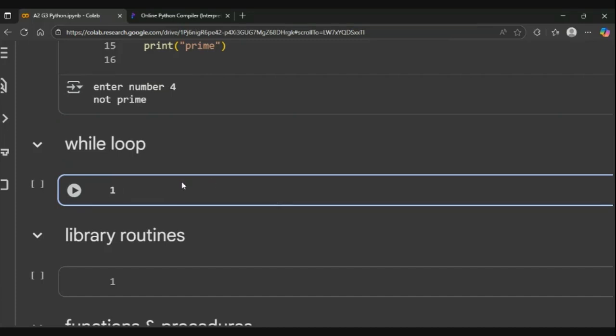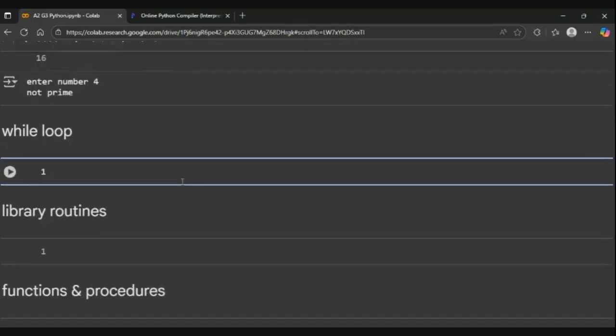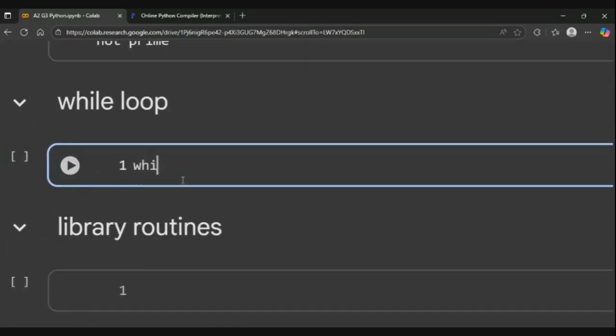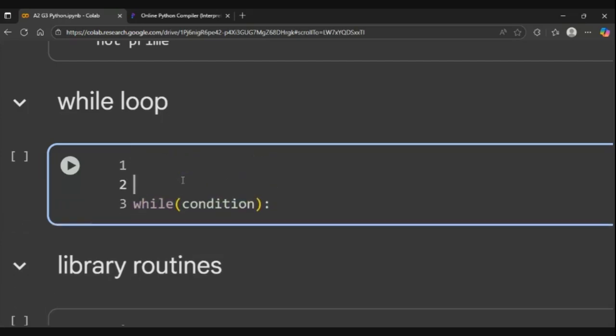Now moving on to the next topic, that is while loop. Okay, while loop का syntax is very simple. While the condition is true, that's it. बस Python में ही होता है while loop का syntax. ठीक है. ओके, और इसमें अगेन आपको मैनुअली